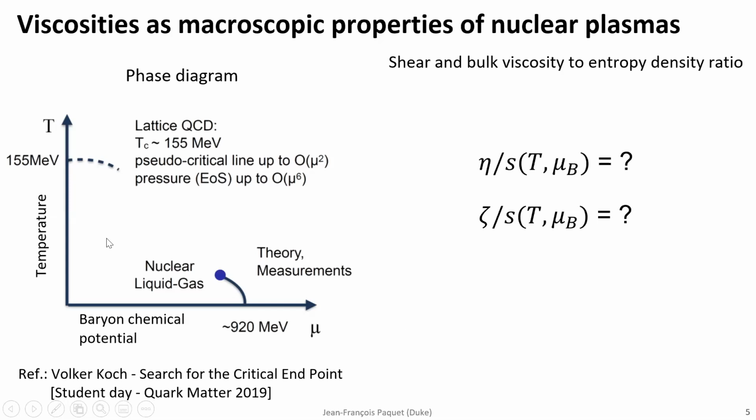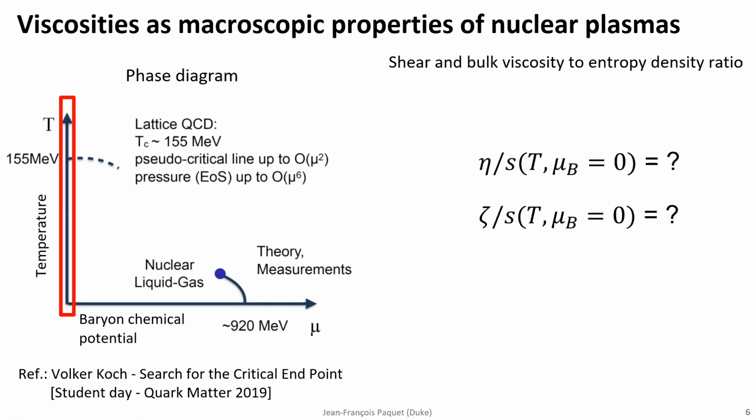And at low baryon chemical potential, we actually know a lot about the phase diagram from lattice QCD or from different effective models that we have, like the hadron resonance gas. And all across this phase diagram, there's some information that we know from other calculations or other measurements. Now in this talk, I will really restrict myself to a specific region of the phase diagram, which is at